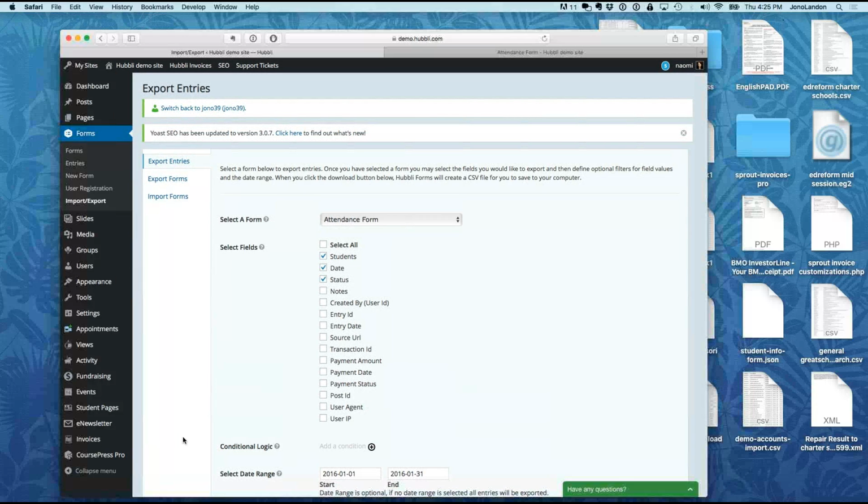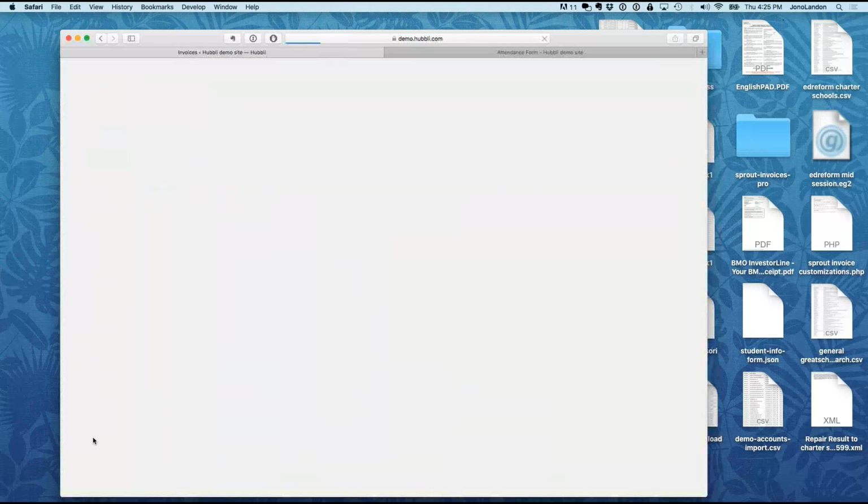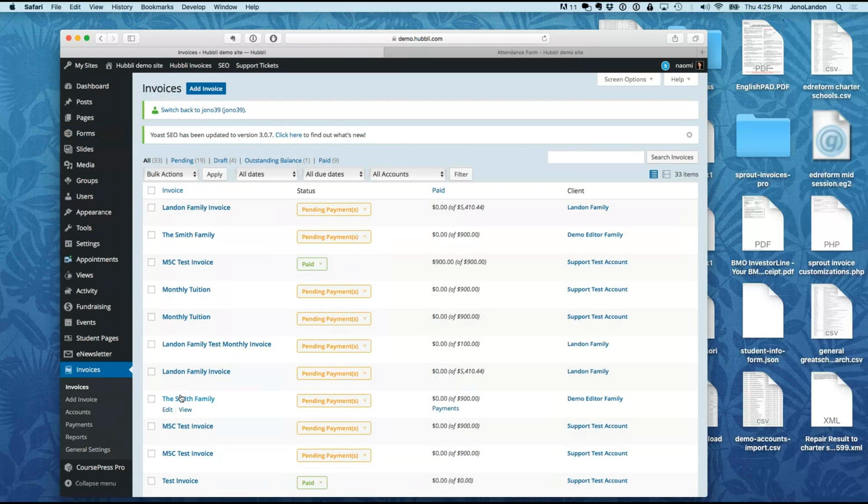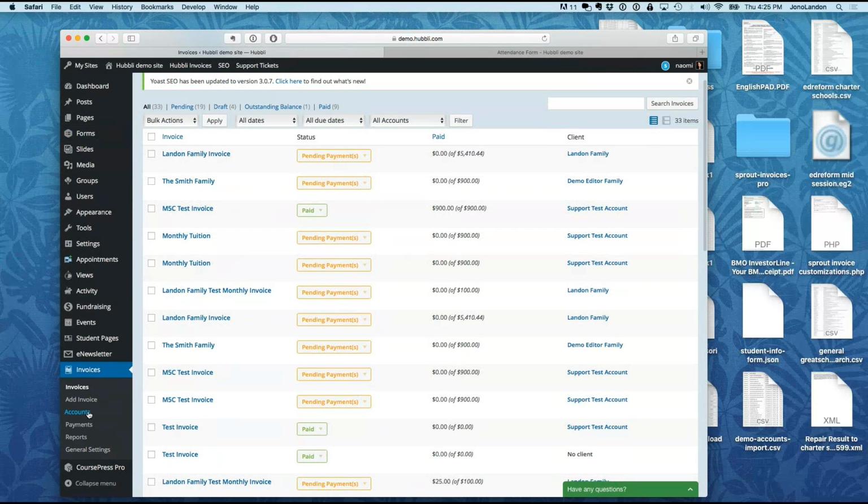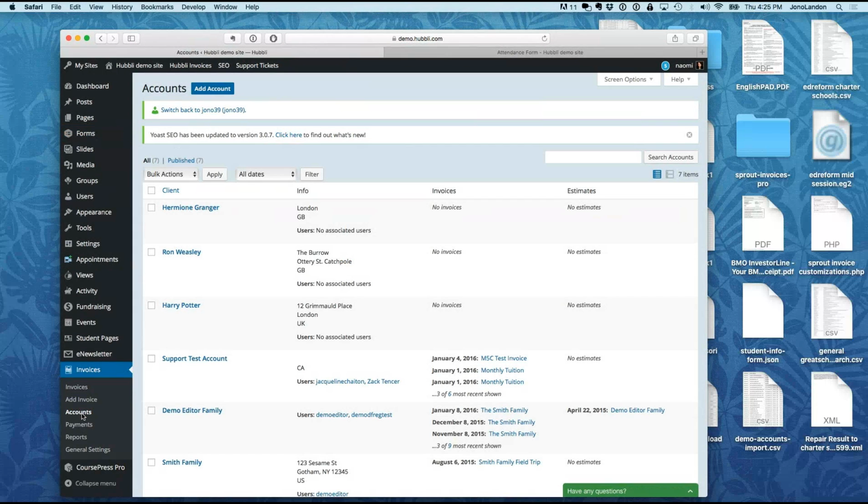We also have a few other features here, like invoicing. Our forms can handle payments, but we actually have full account management as well. So just going on an account level here, I'll just go to the list of accounts. This is where the forms are great for one-off payments like a field trip or a pizza day or something like that, and all the information's listed in the form. But if you want to have recurring payments, where a parent can go into their account